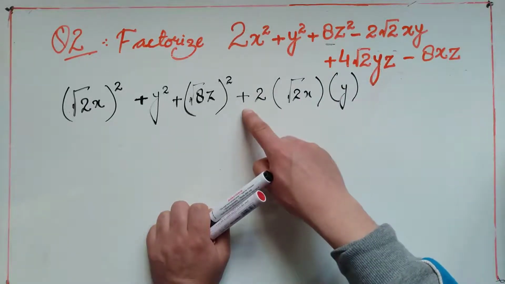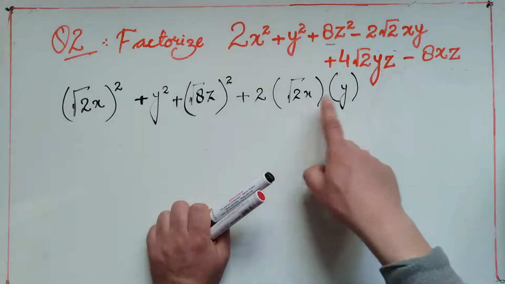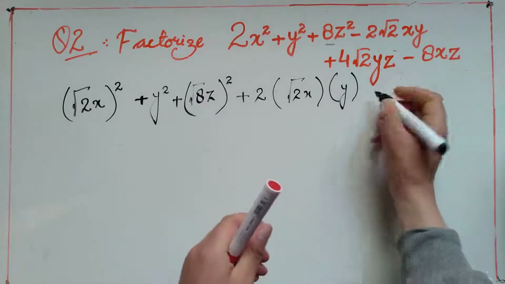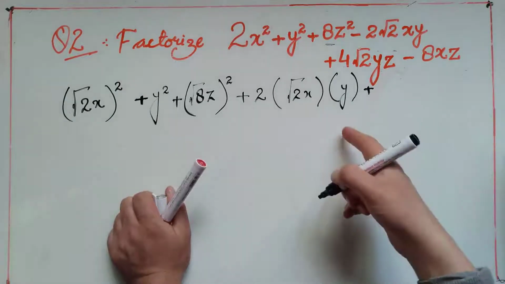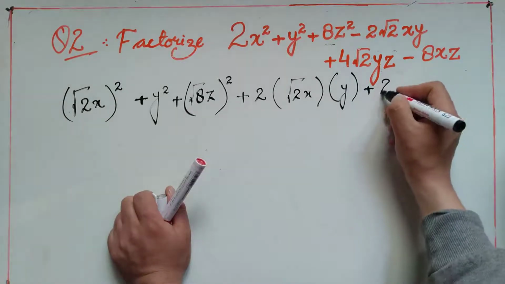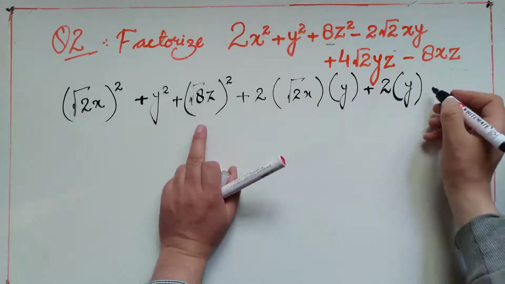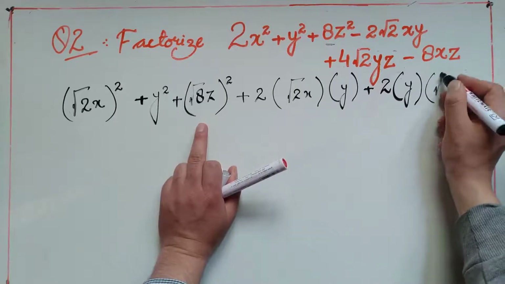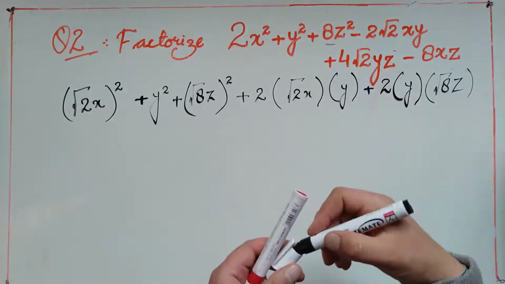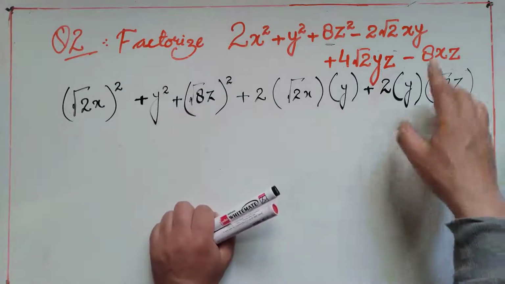Sign is not satisfied yet. We will look into this later. Let's first equalize the terms. So it is 2 root 2 xy, 2 root 2 xy. Next, it is as per the identity. Next term is 2bc. After 2ab, the next term is 2bc, so it is 2 times b, which is y, and then third term c, which is root 8z. So this as per the identity is 2bc. Now let's see if it is equalized to the given question.